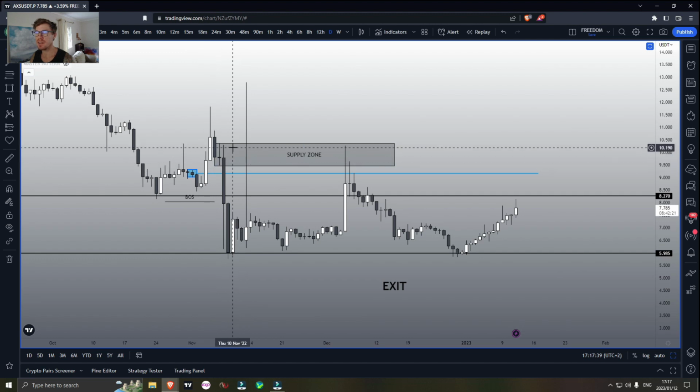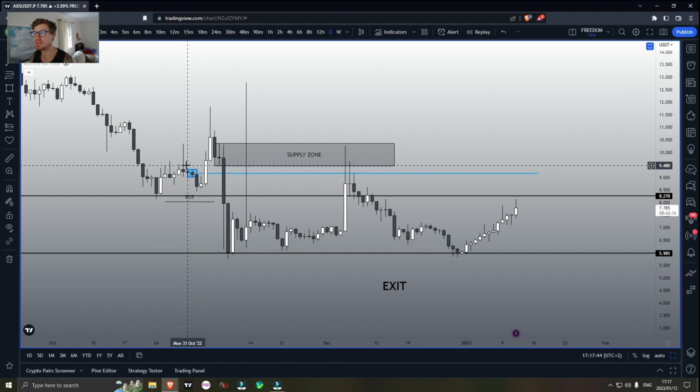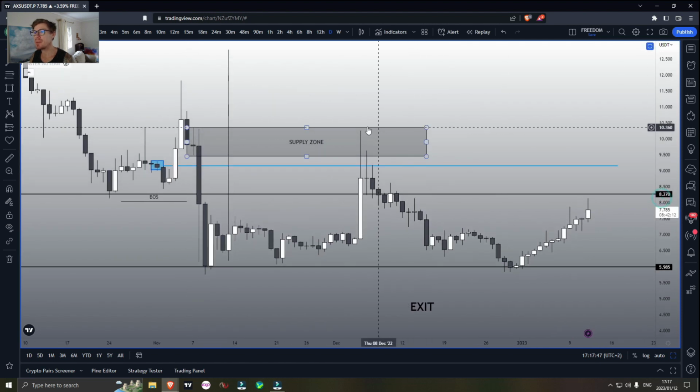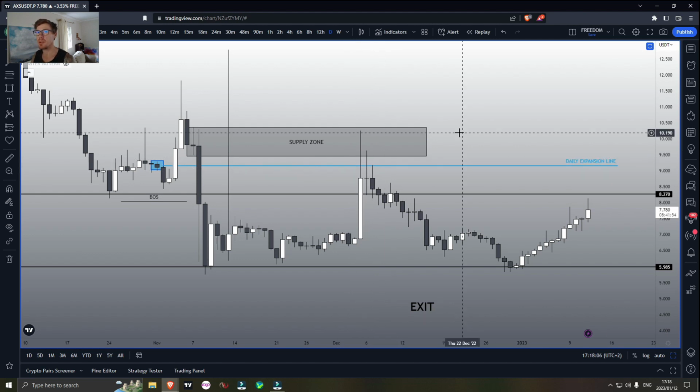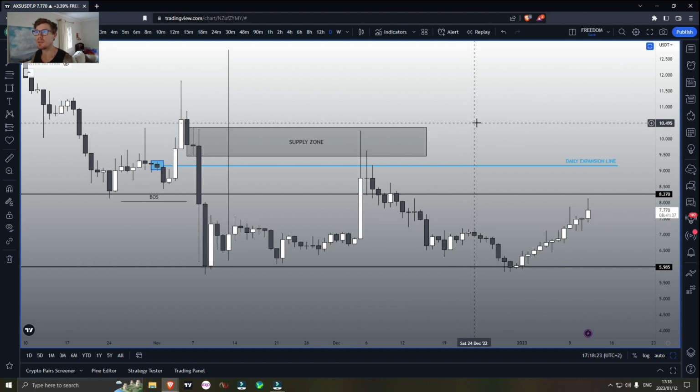I saw this indecision candle over here, and I saw the daily contraction box. Price came up, tapped into the supply zone with these big wicks showing rejection to the upside and rejection to this expansion line. This was giving me confirmation that price is going to lower prices, and my bias was short on this trade. And I wanted to get a bit of a closer look, so I went down just to